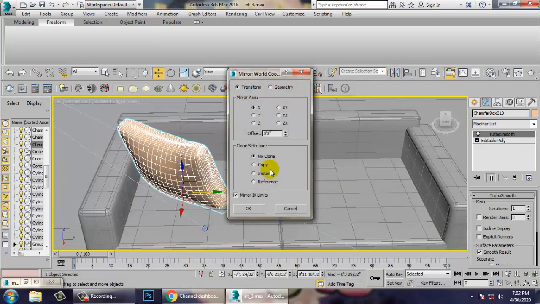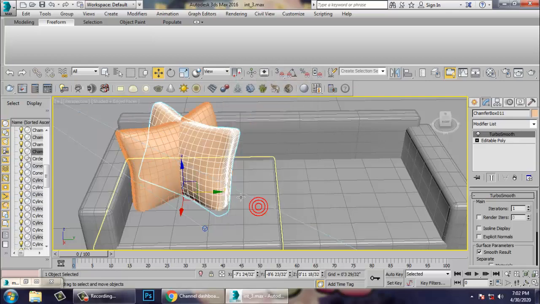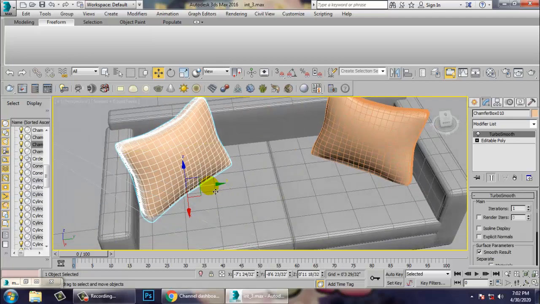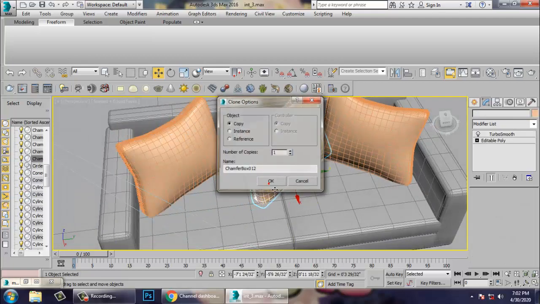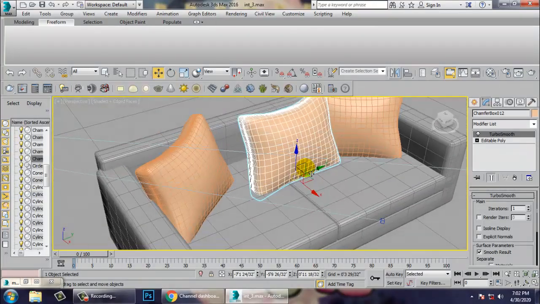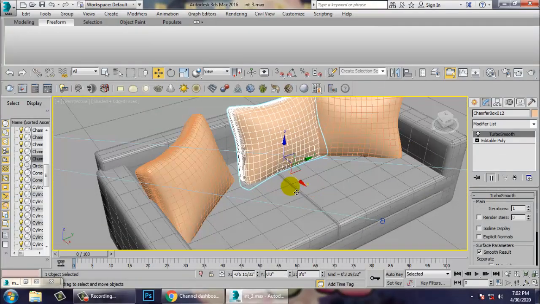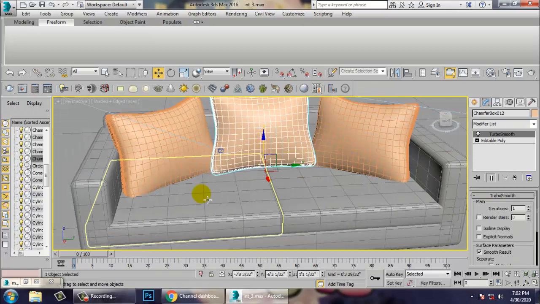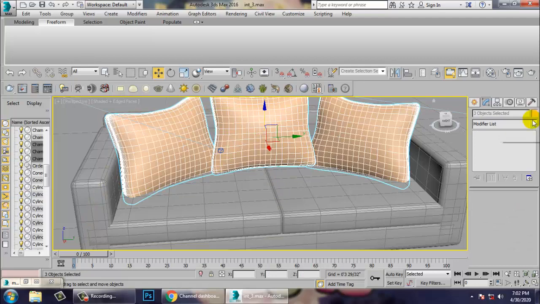So in y-axis, duplicate it. Just select this and rotate it and just place it over here. That's it. So just give one color to it.